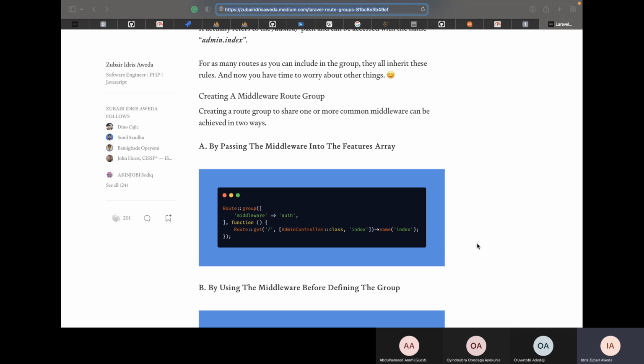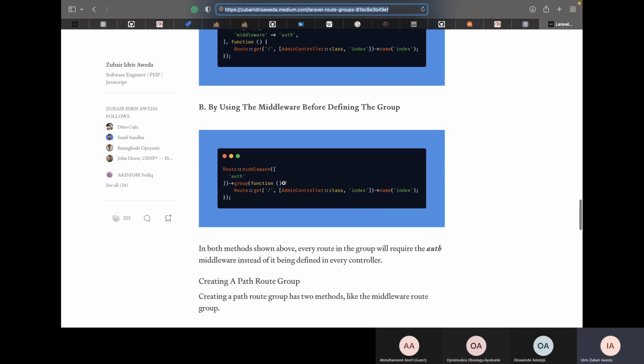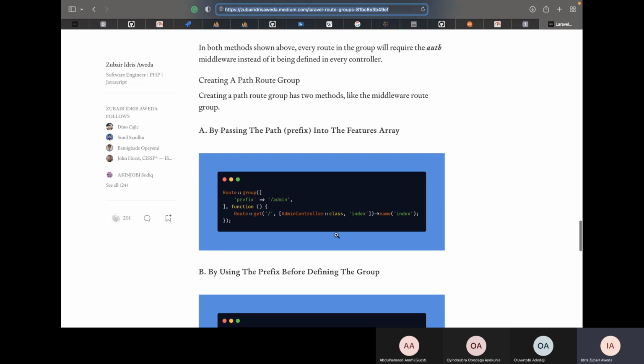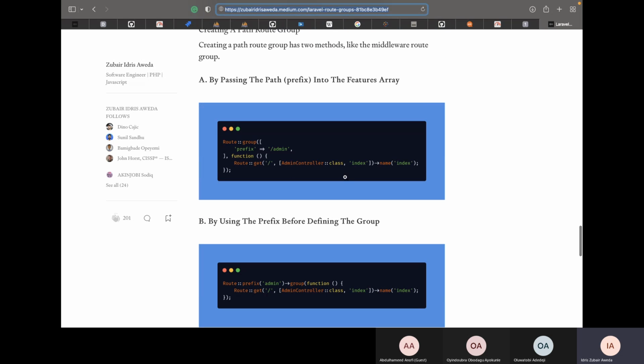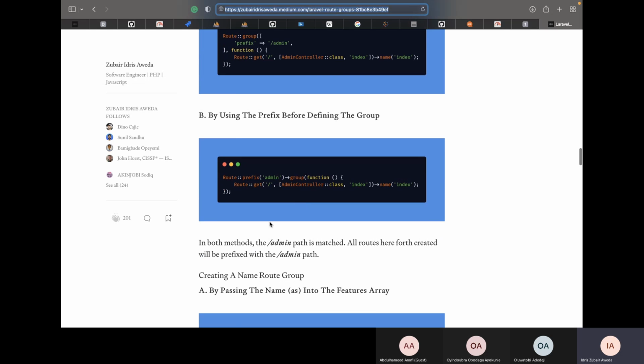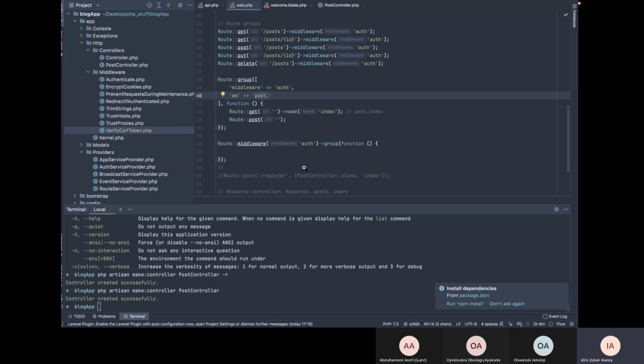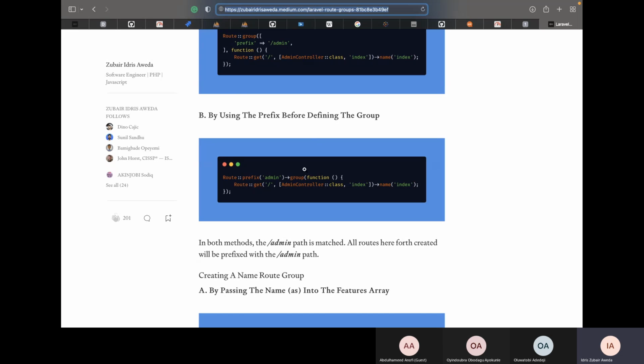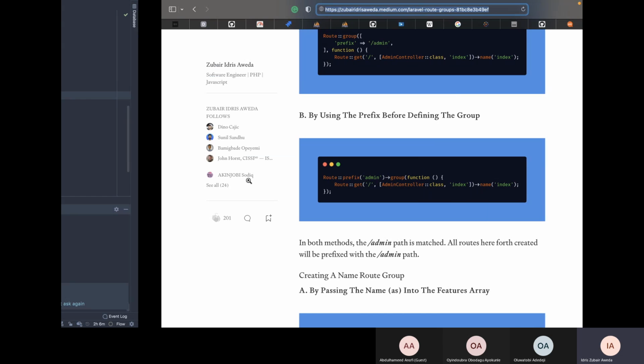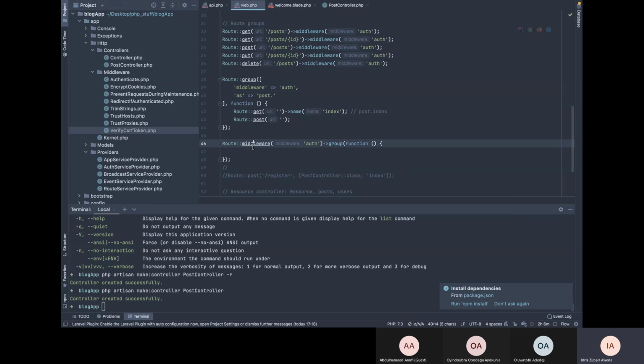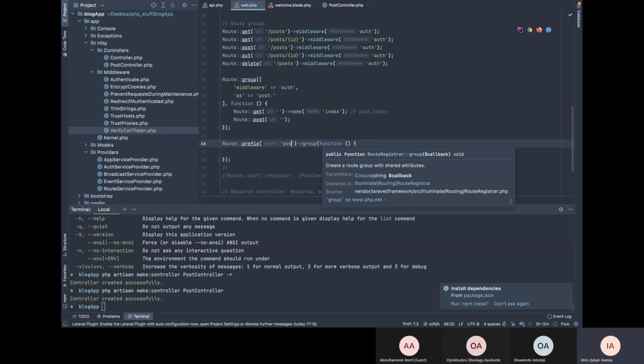So this is the second way. If all they have in common is just the middleware, you can pass in the middleware, and then you can pass in only the prefix. You can also define the routes, like if all they have in common is just the prefix, you can define the route using route prefix too. So instead of route middleware, just have route prefix, and then you pass in the prefix. So let's say post, sorry,